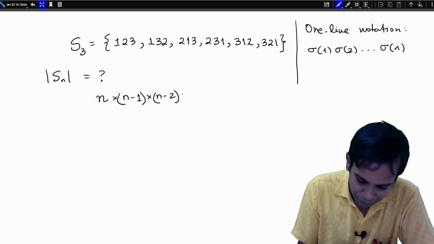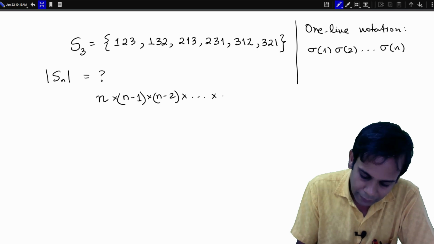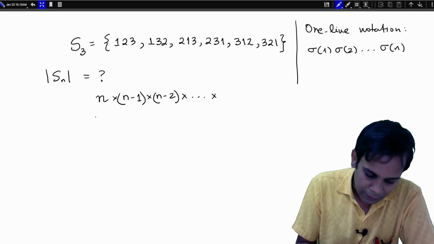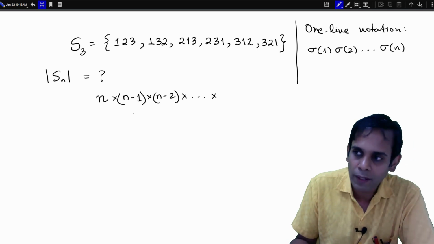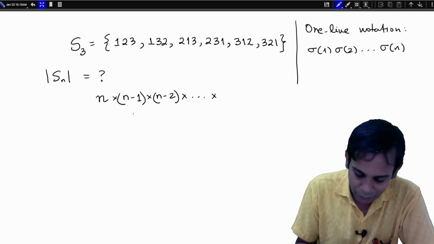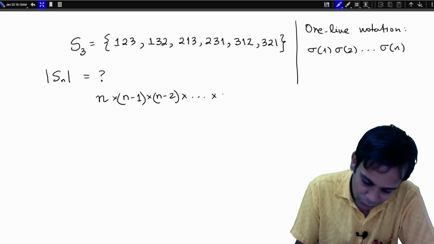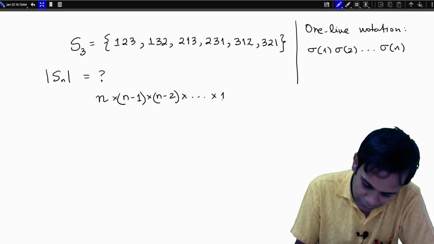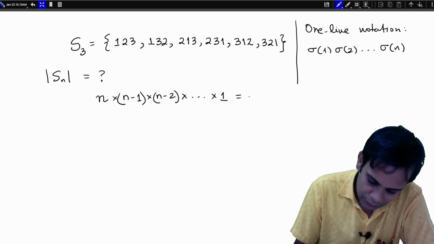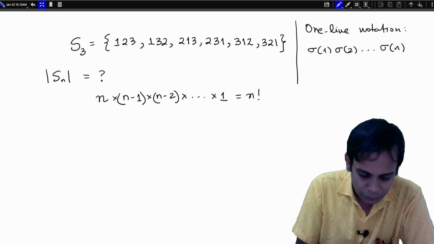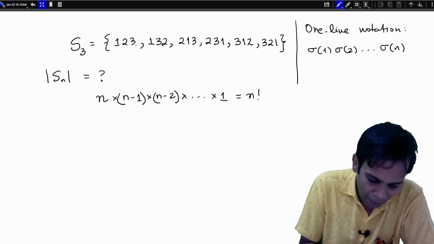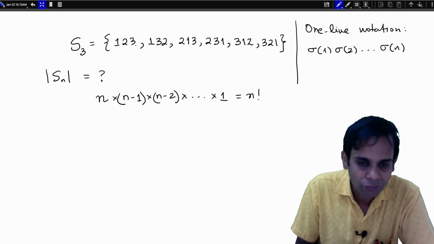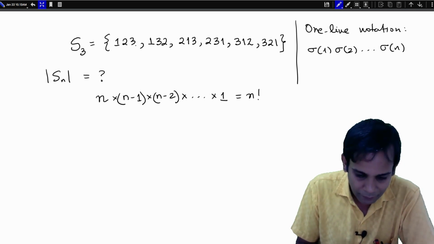And so it goes all the way. In the end, having chosen sigma 1, sigma 2, dot dot dot, up to sigma n minus 1, there will be only one element from the set 1 to n which has not been used, and that is going to be sigma n. So, that is 1, and this is just n factorial. So, you see here S3 has cardinality 6, which is just 3 factorial, and if you take a deck of cards, then